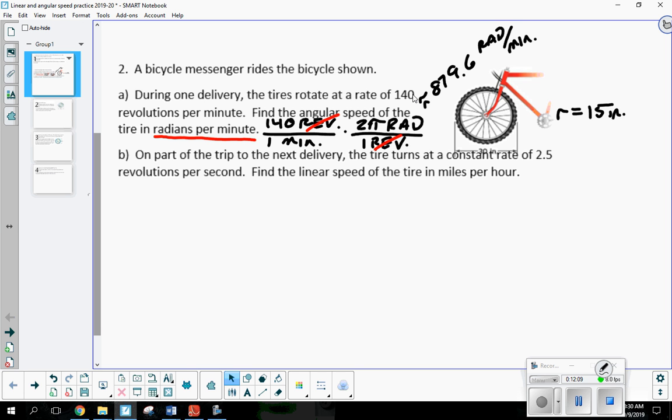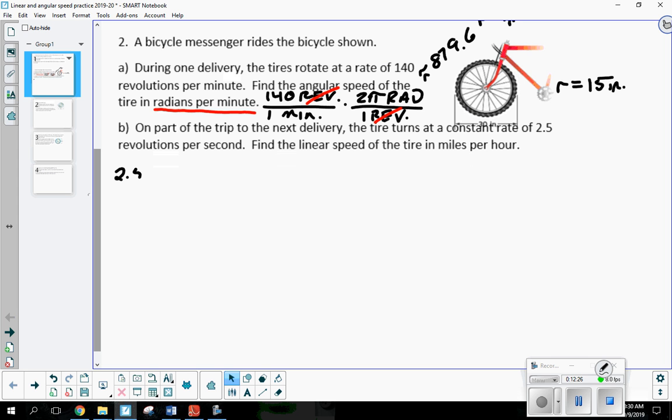So now I kind of have to start all over. In order to find the linear speed here, it doesn't say anything about angular. I would encourage you to find it because you're going to need it anyway. Okay, let's find the angular speed of this new trip. So what's my first fraction? We have 2.5 revolutions in how fast a time? Per second, so 1 second. Times, all right, what's that consistent fraction we always use for the second one? 2 pi radians in 1 revolution.